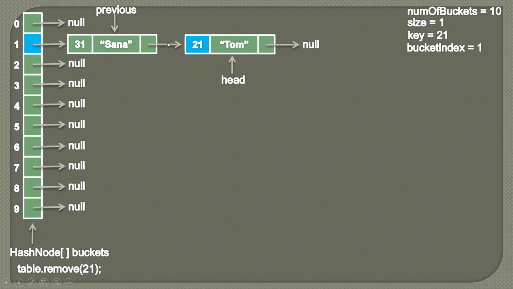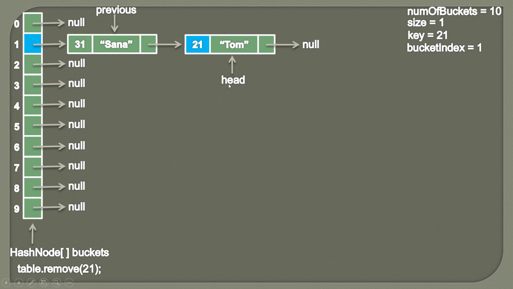So why do we do that? Because we need to first break this link. So when this link is broken, then this node will have no reference, so this can be garbage collected. But there is one problem. Head.next will refer to other nodes as well. So those nodes will also be removed if we break this link directly.